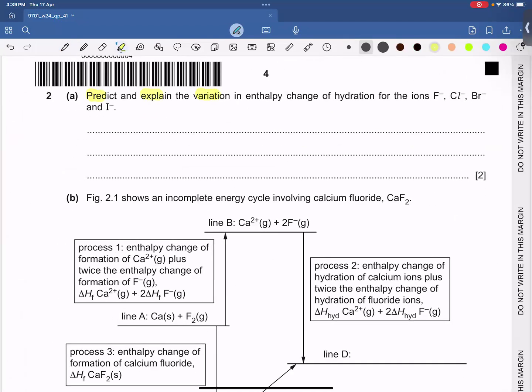Predict and explain the variation in the enthalpy change of hydration for halide ions. Okay. So first of all, down the group, ionic radius of halide ions increases, or down the trend, ionic radius of halide ions increases,